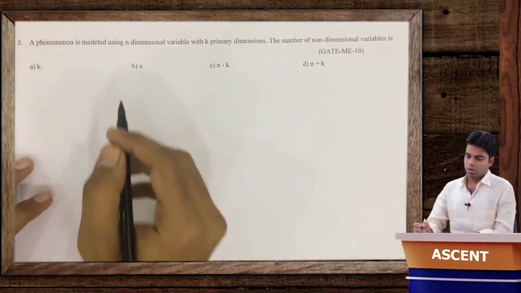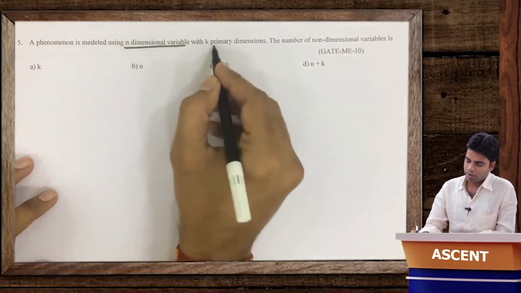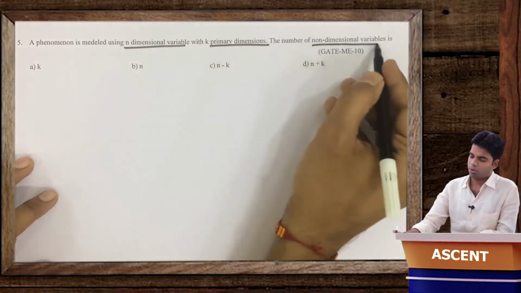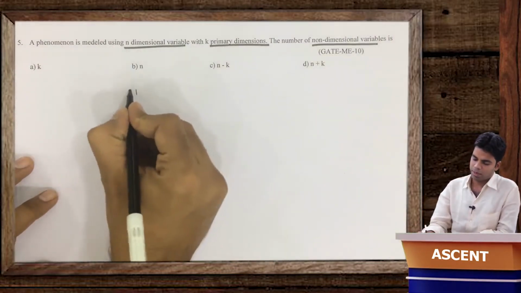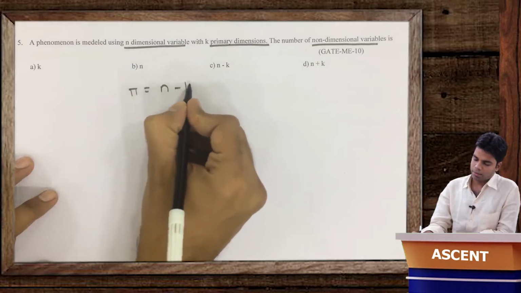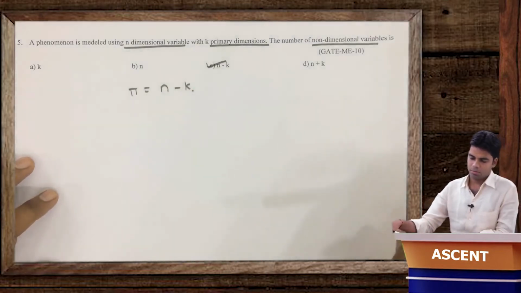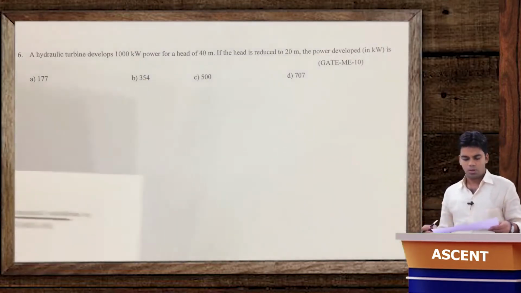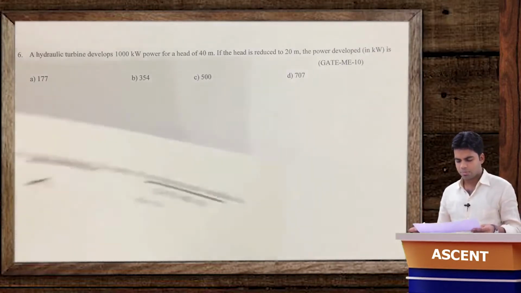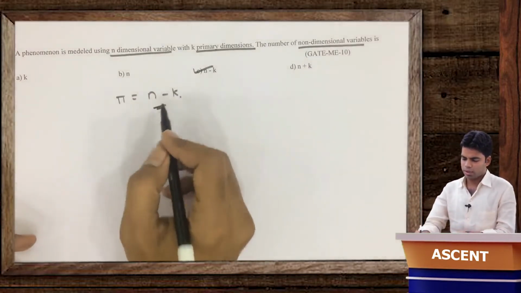The phenomenon is modeled using n dimensional variables with k primary dimensions. Number of non-dimensional variables, again number of pi terms, is equal to n minus k. That's it, simple. Okay, और बकिंघम पाई थ्योरम से जो क्वेश्चंस आए हैं वो यहीं तक आए, इसके ऊपर लेवल